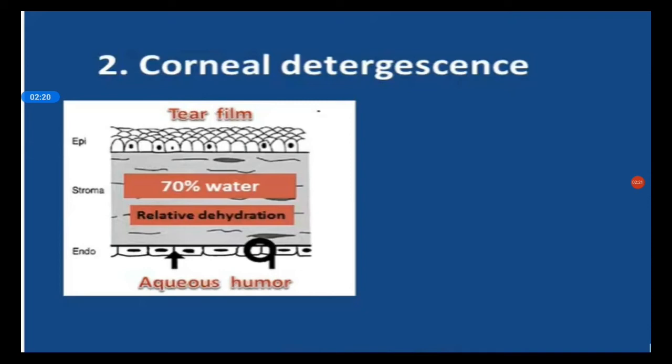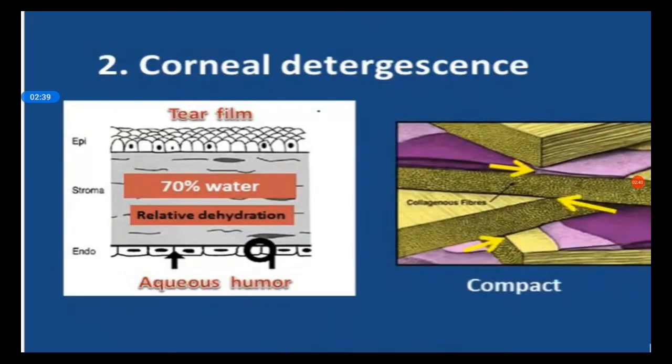This is a relative dehydration of the cornea compared to the tear film and the aqueous humor. Both the tear film and the aqueous humor are almost 100% water. On the other hand, the cornea is only 70%. This is important to keep the cornea transparent, to keep the layers compact. To understand this,